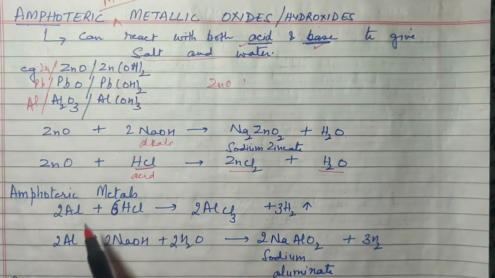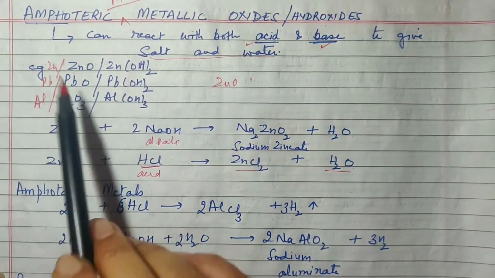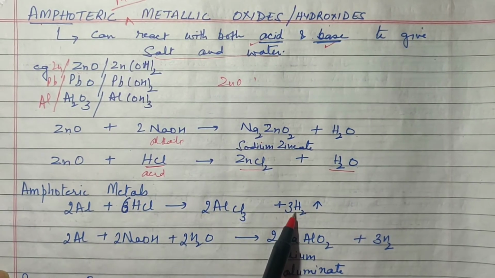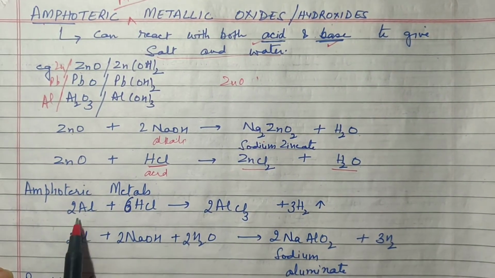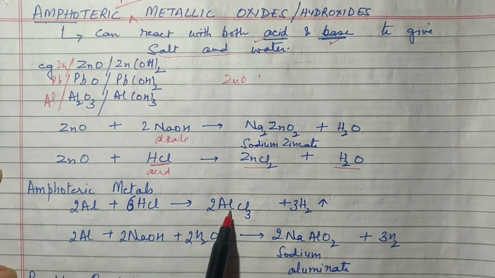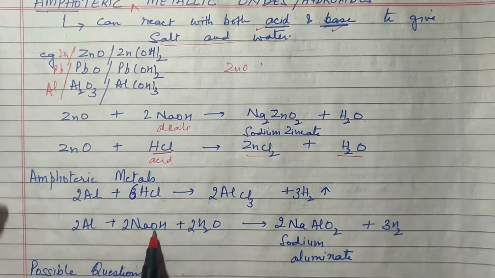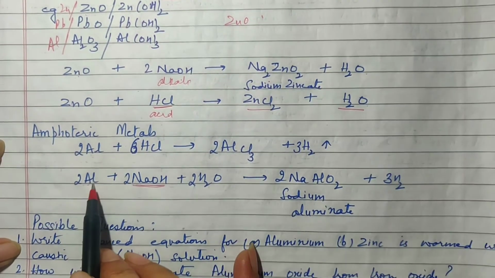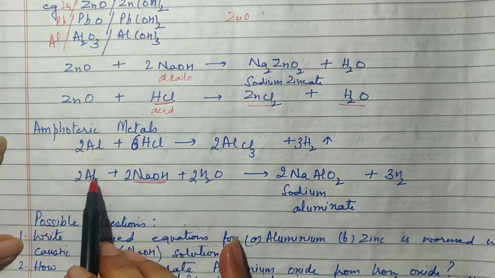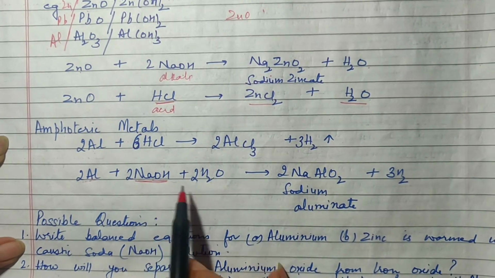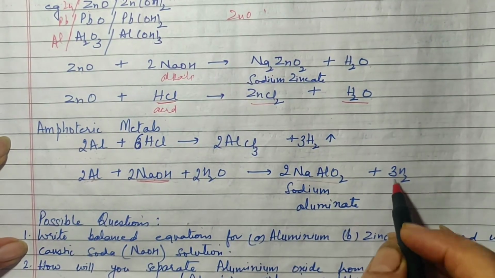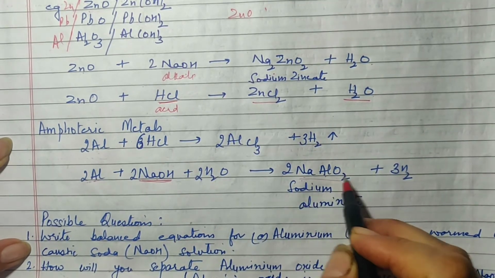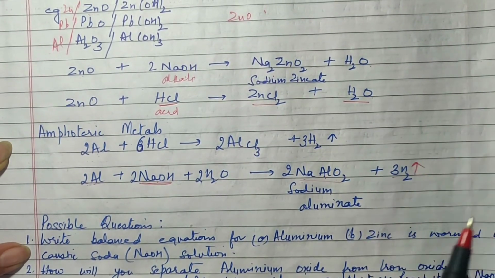Similarly, I am taking an example of a metal, aluminium metal. Aluminium on reacting with HCl will form aluminium chloride and hydrogen will be given out. Normal reaction, metal reacting with a dilute acid forming salt and giving out hydrogen, you know that. Similarly, aluminium can also react with an alkali. Now, all metals are basic in nature, you know that. But this one is also reacting with an alkali and it is forming salt and hydrogen. Salt is sodium aluminate and hydrogen is given out.